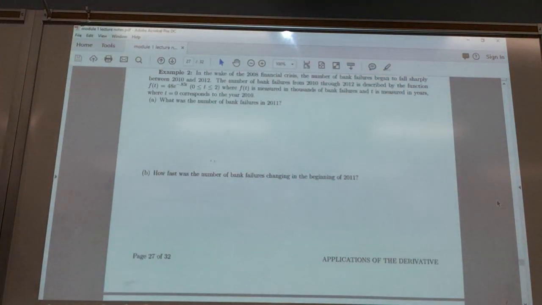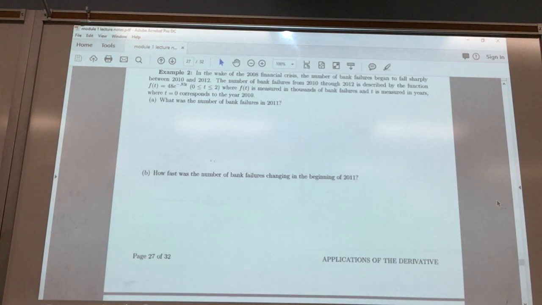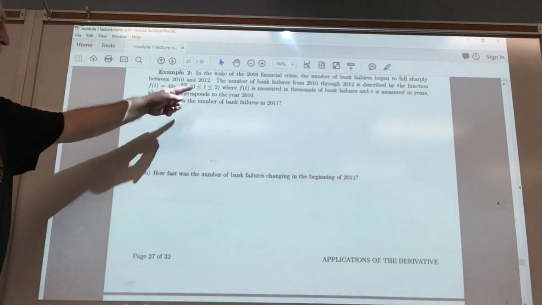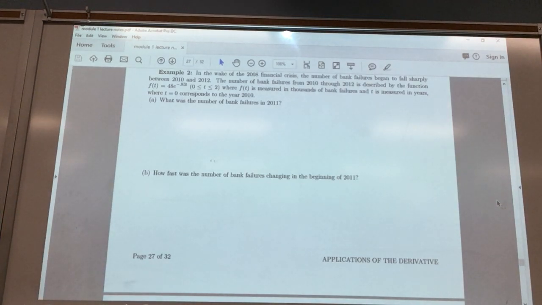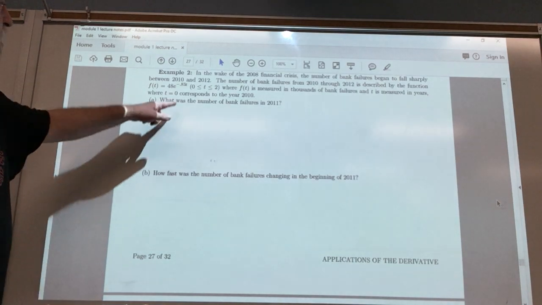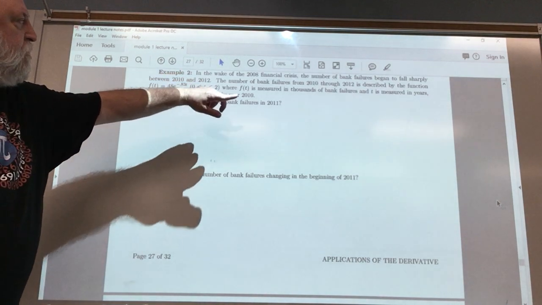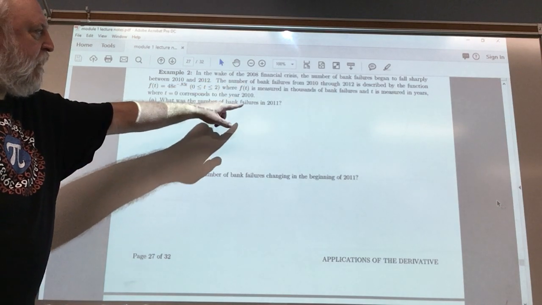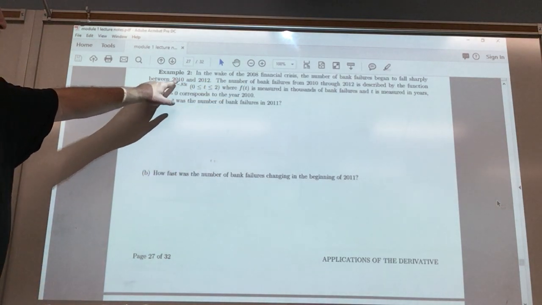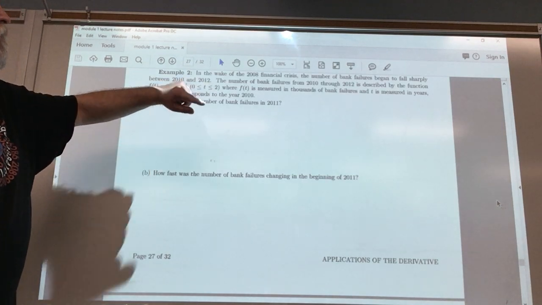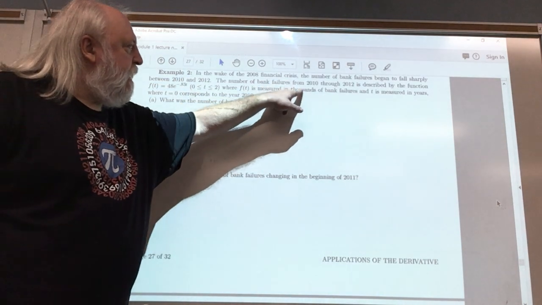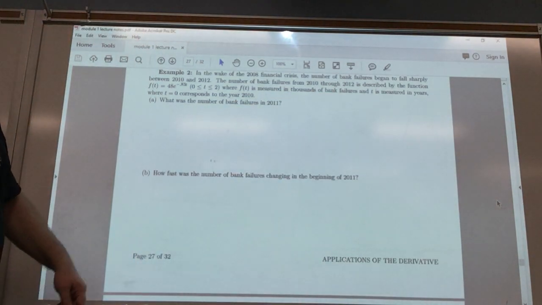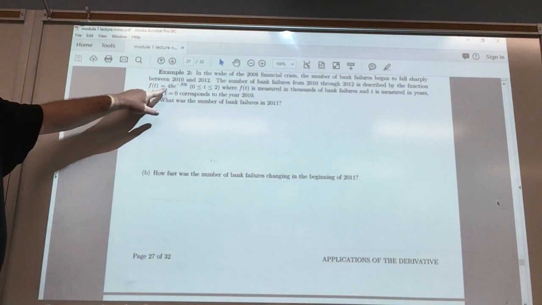In example 2, reading through it: in the wake of the 2008 financial crisis, the number of bank failures began to fall sharply between 2010 and 2012. The number of bank failures from 2010 through 2012 is described by the function f of t,